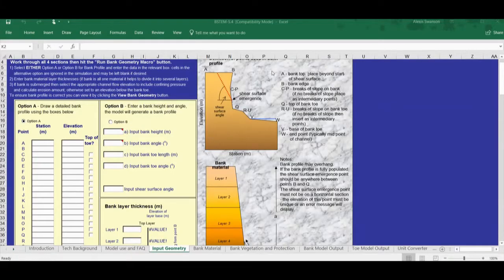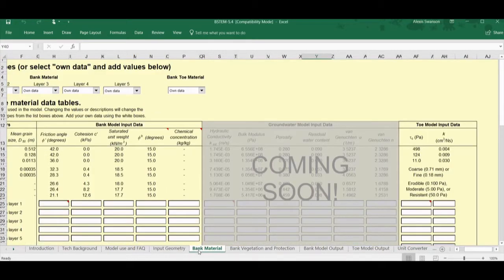The authors chose to use the bank stability and toe erosion model, also known as B-stem. B-stem has multiple tabs where data can be entered. The first is the input geometry that requires data about the bank, as well as the bank layer thickness. The next is the bank material. Here, soil characteristics are entered under the bank model input data, and the jet results are entered under the toe